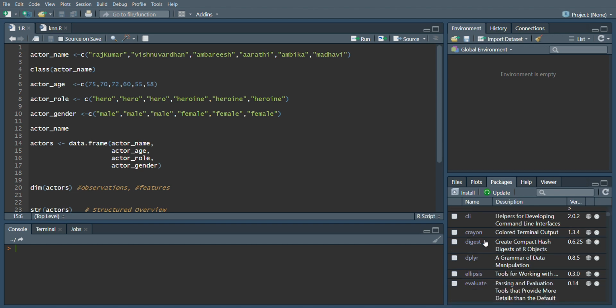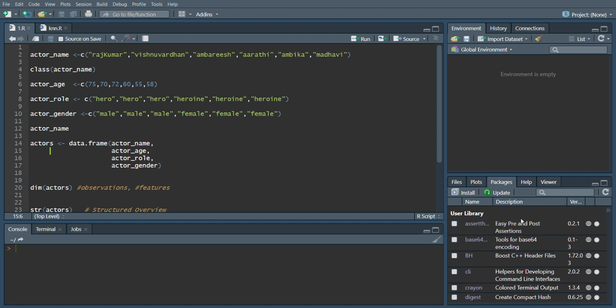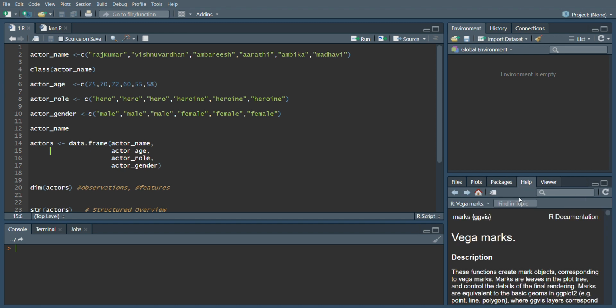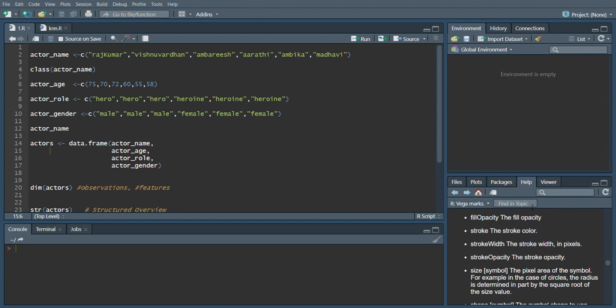And in the packages tab we can get the details of the packages that have already been installed in RStudio along with the version information, and you can update the packages here itself. And if you need a new package, or a package which has not been installed in your RStudio, then you can click on install here, or you can go to tools and click on install packages here. And if you want to access any topic or documentation generally, then you can use the search box here and you will get information, or you can access the documentation in the help tab.